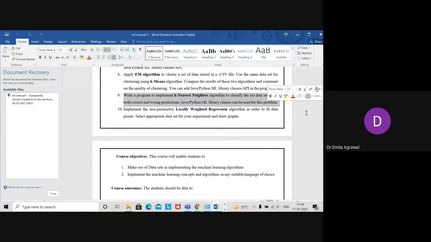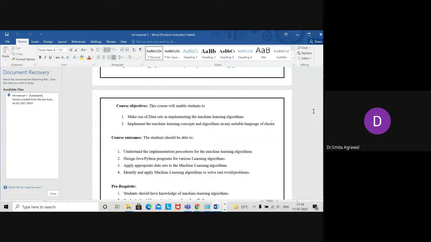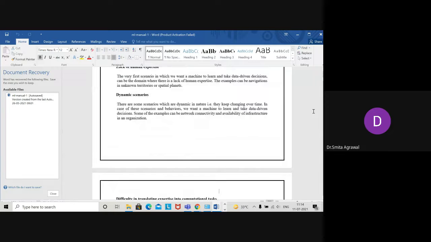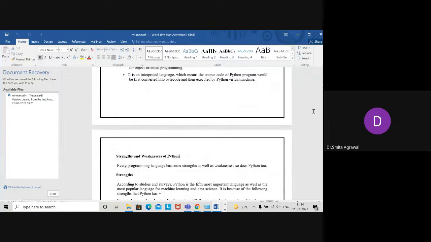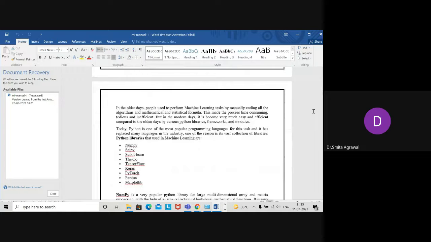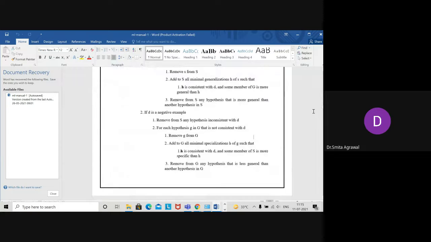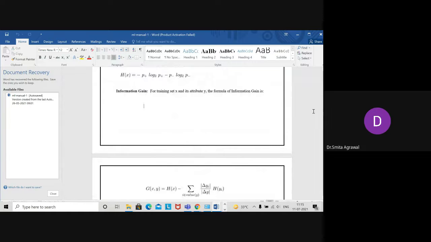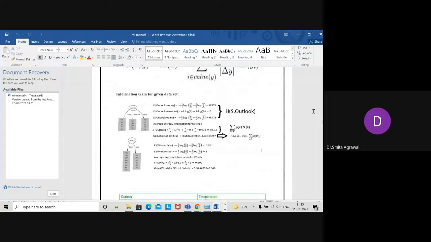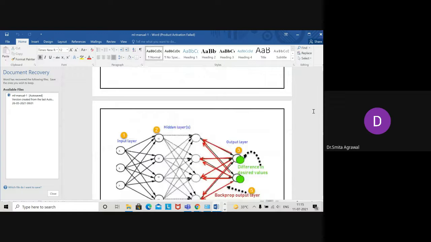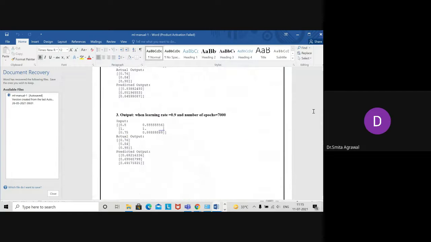Now, we will understand what the k nearest neighbor algorithm is, as we have discussed in the theory classes. We will implement the k nearest neighbor algorithm in Python. First, try to understand what we mean by the k nearest neighbor algorithm, and how we code it in Python.